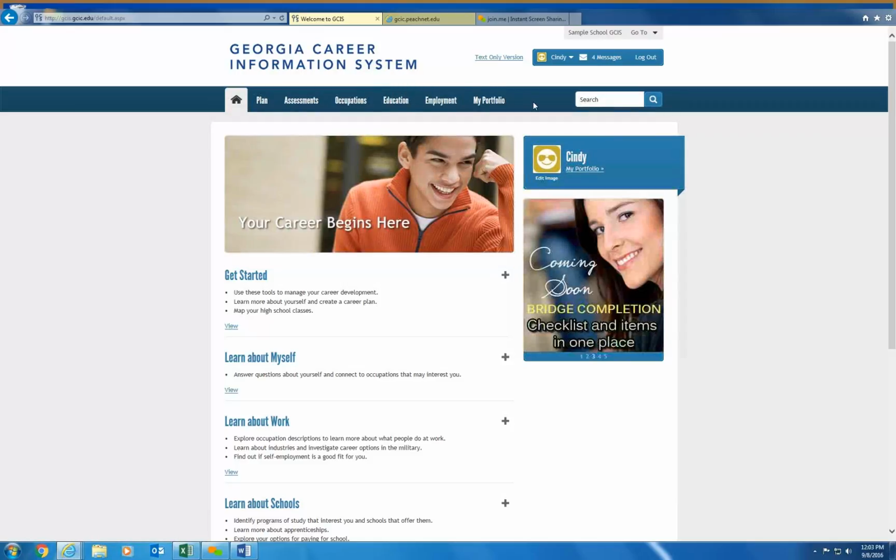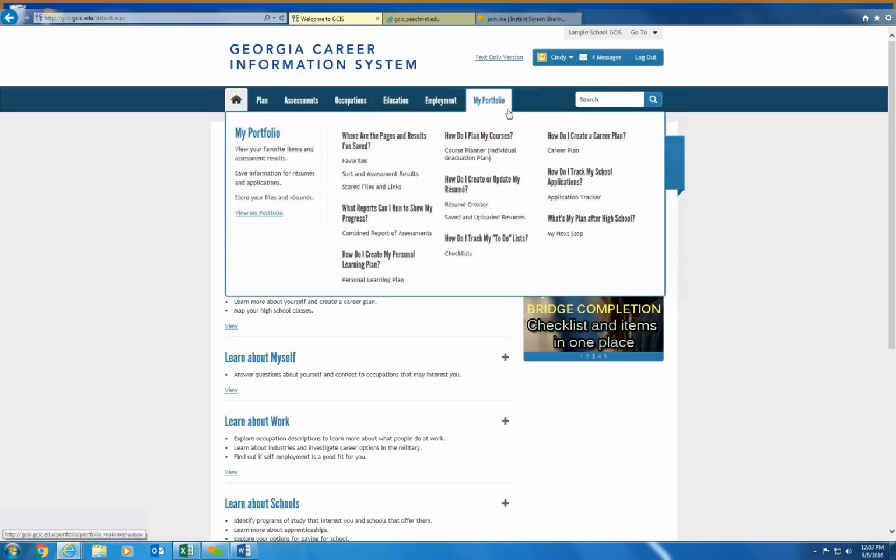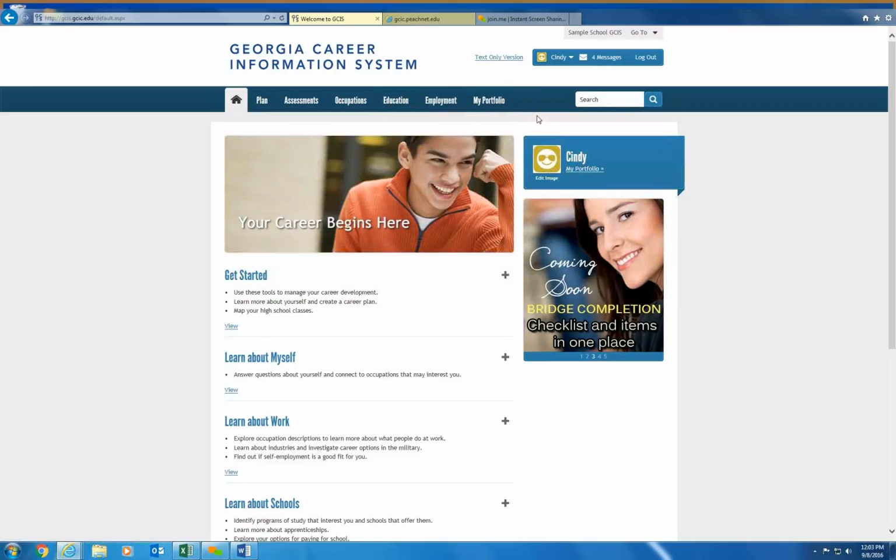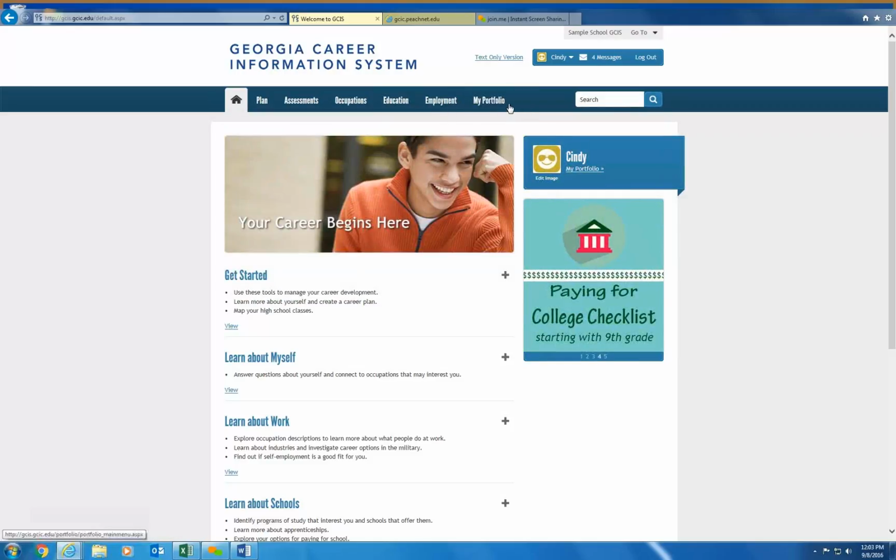The last element on that top toolbar that is horizontal is what is called My Portfolio. The My Portfolio tab does not become active until you sign in as an individual student.